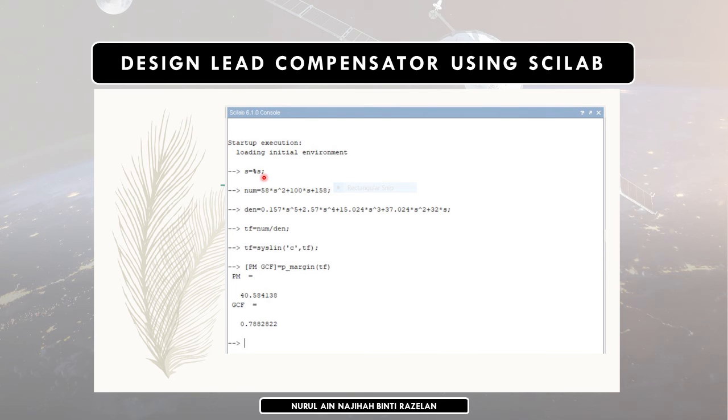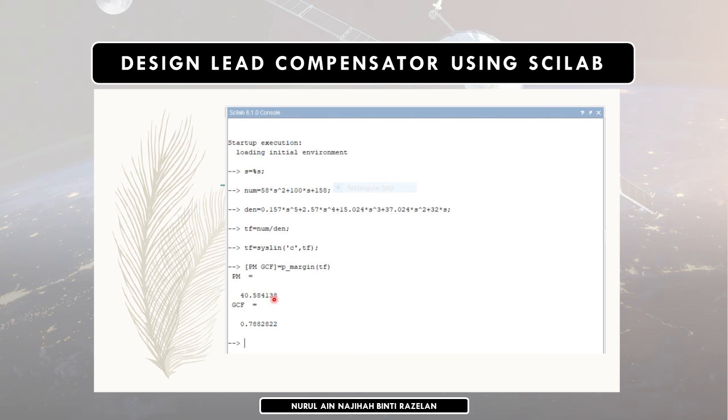The first line is to declare S. The second line is the input for numerator. And then at this line, also the input but for denominator. After that, this line is the transfer function. And then the next line, also the transfer function. And this line shows the result. As you can see, the value of new phase margin is